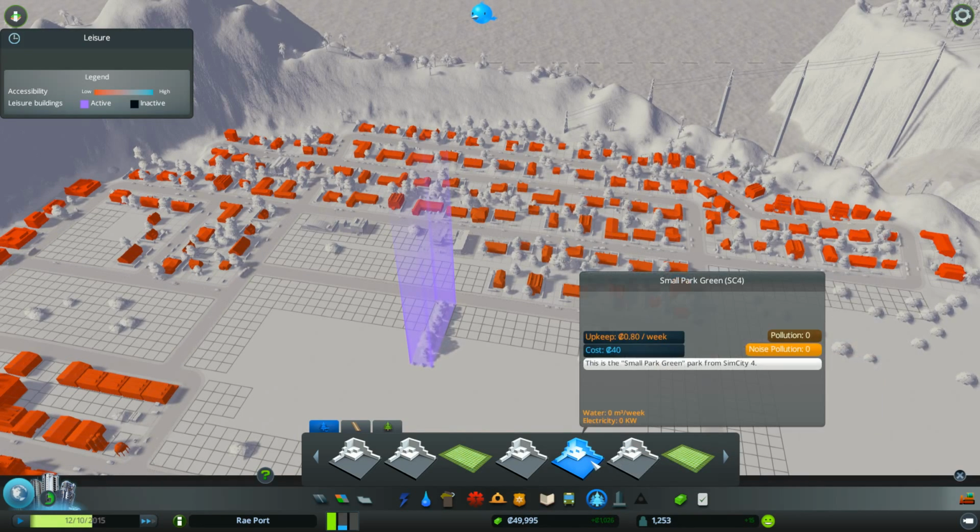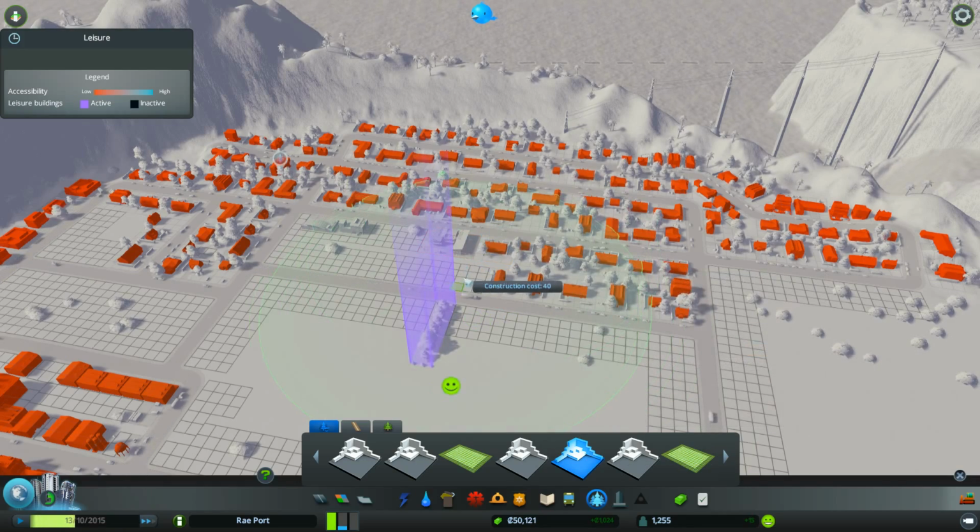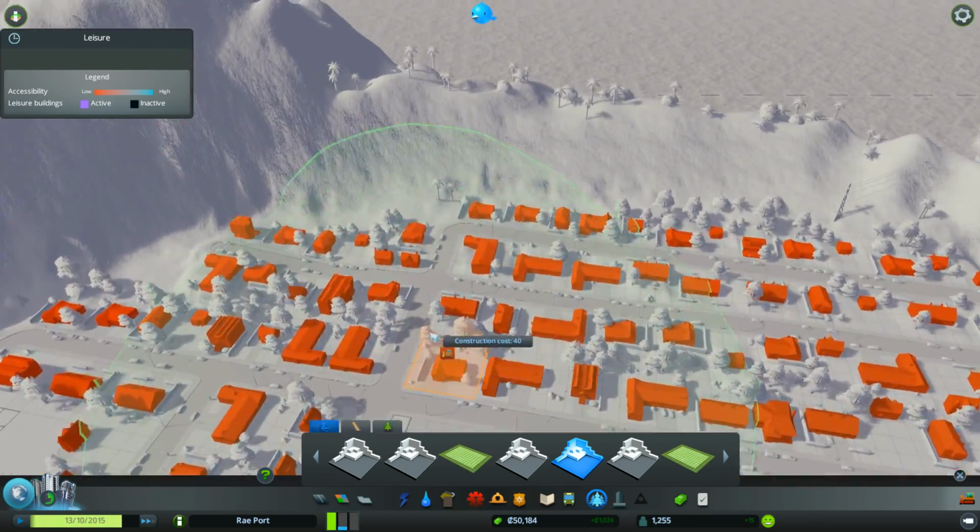$4.80 a week. And I want you 80 cents a week. Let's do this. How much space? It doesn't cover much space though, does it? But we could put in...